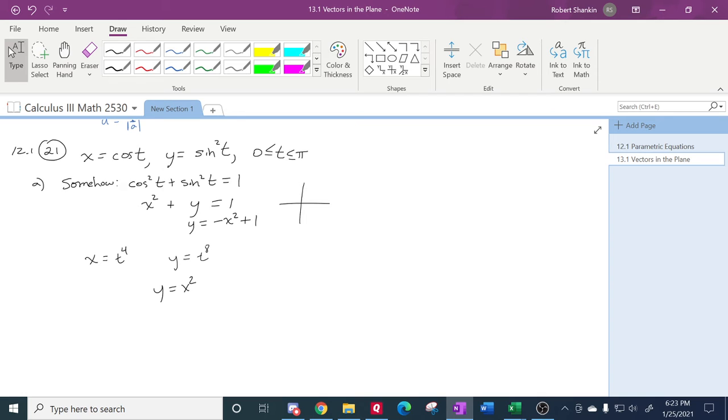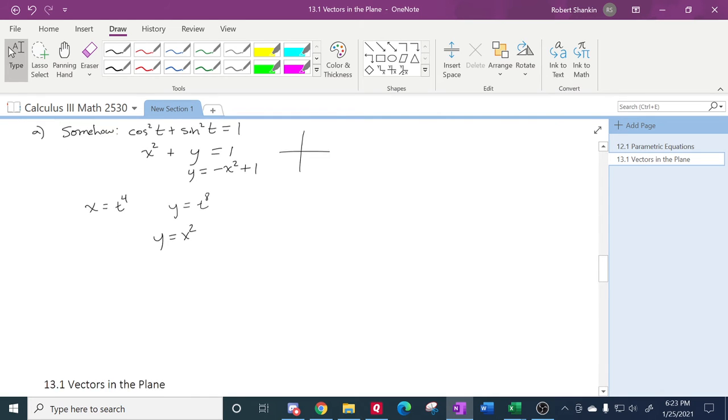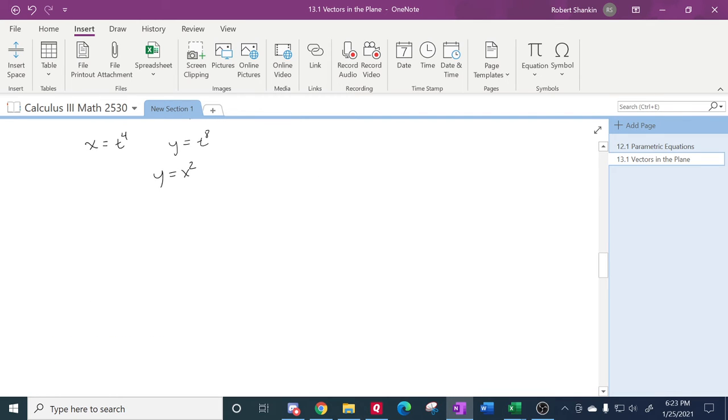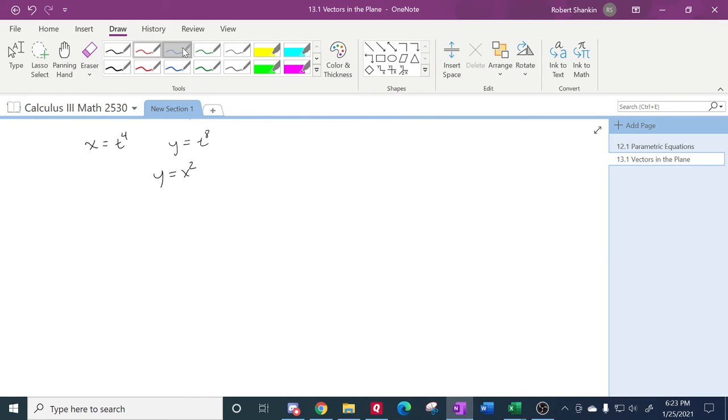With 69, I was able to come up with the right equation for the derivative of dy dx by going through the whole dx dt, dy dt dance